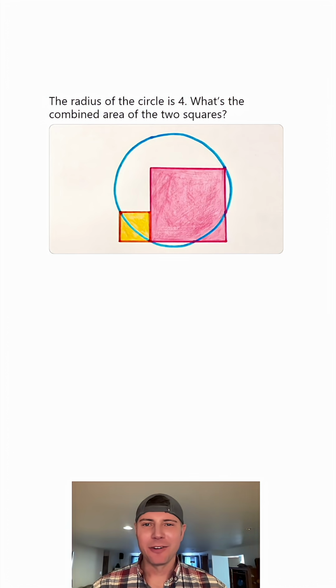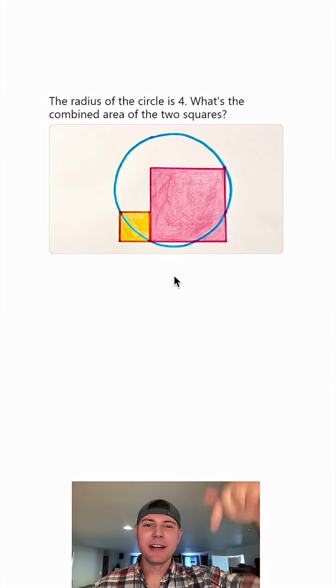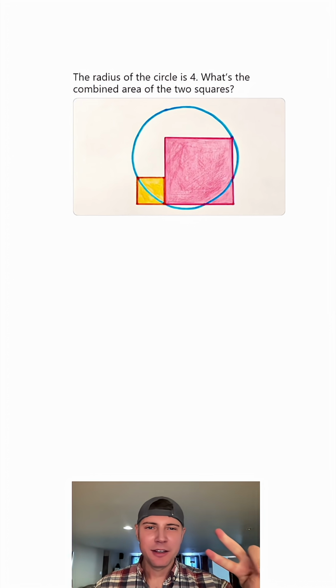Hey guys, this looks like a fun one. The radius of the circle is 4. What's the combined area of the two squares? If you want to try this one, pause it right now because I'm going to solve it in 3, 2,